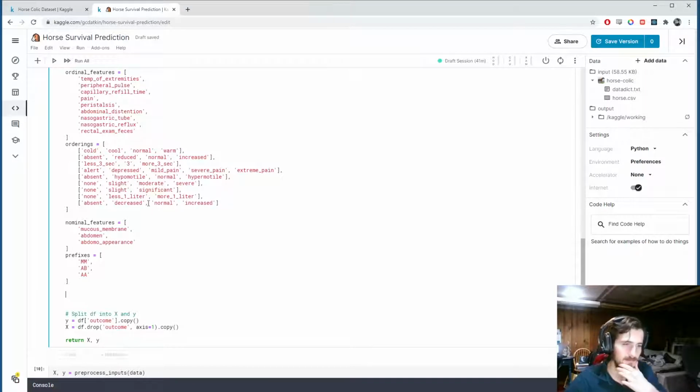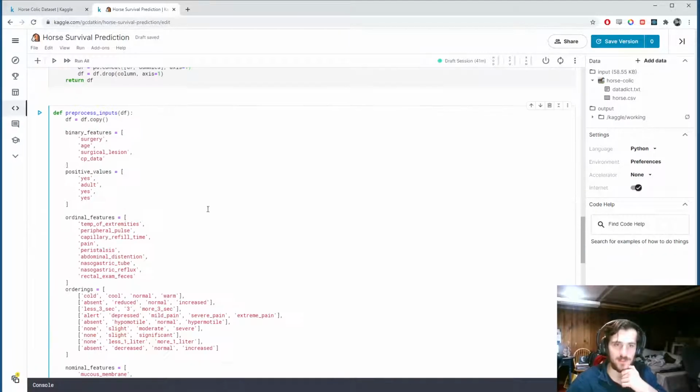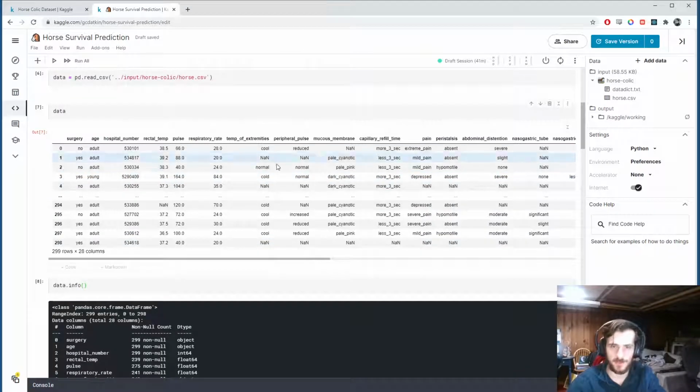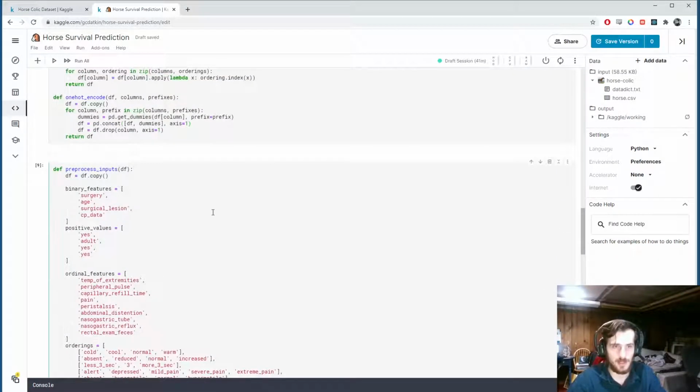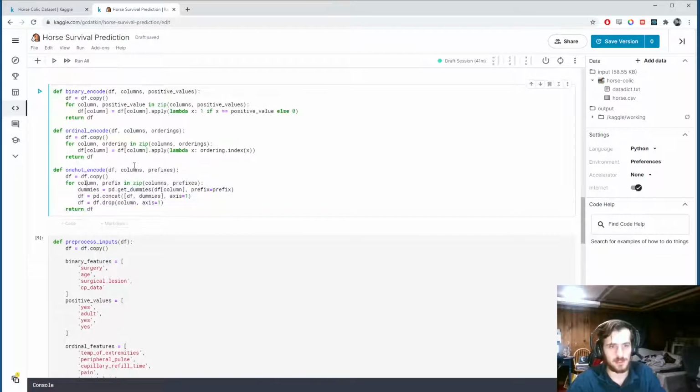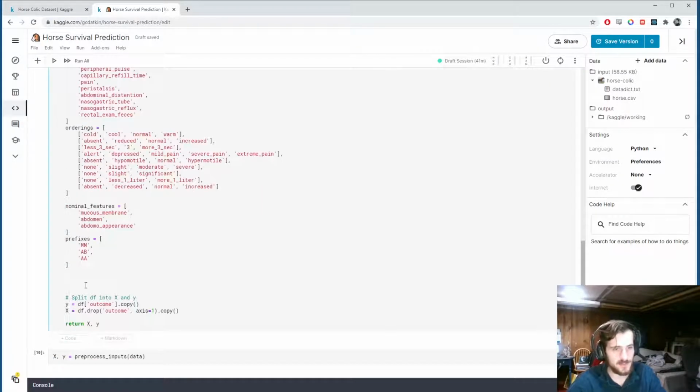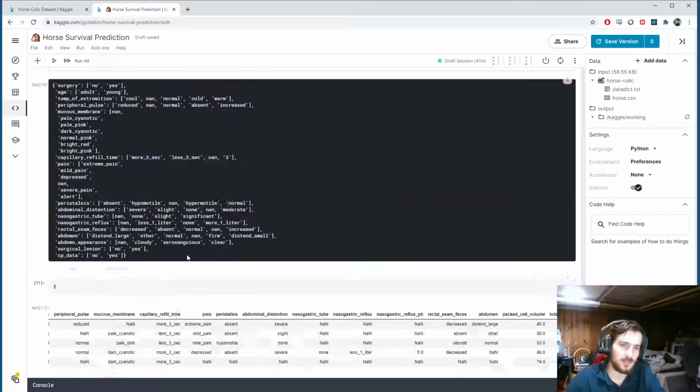Okay, actually, before we encode them, remember I was talking about the missing values in this data. The reason I didn't fill the missing values yet is because we were looking for which ones are nominal, because for nominal, the encoding will already take care of it for us. So now it's time to deal with the missing values. So I have sort of 3 different encoding schemes I want. We can take a look at the missing values